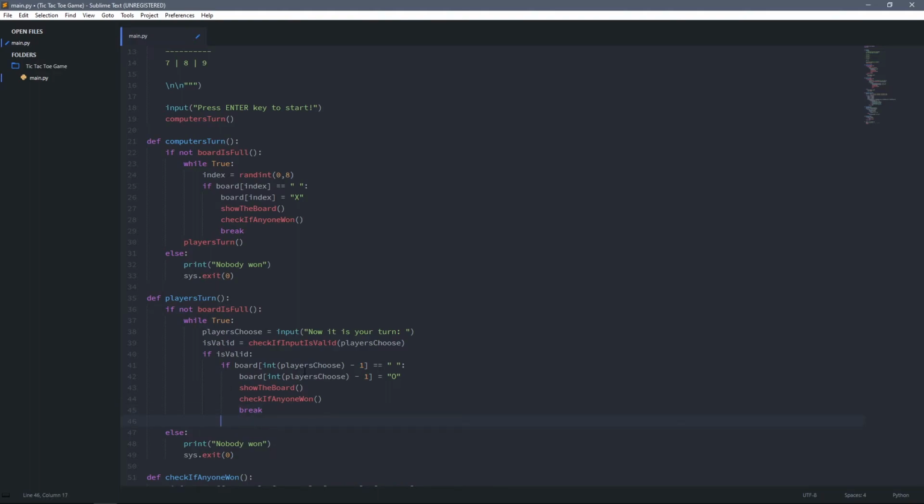But what if this item at this index is not empty? So I'm gonna add the else statement and print this place is already filled. Okay, so after while loop, I'm gonna call computer's turn function, so it is a computer's turn. Okay, so now the player's turn function is also done, and we have just one more function to create, and